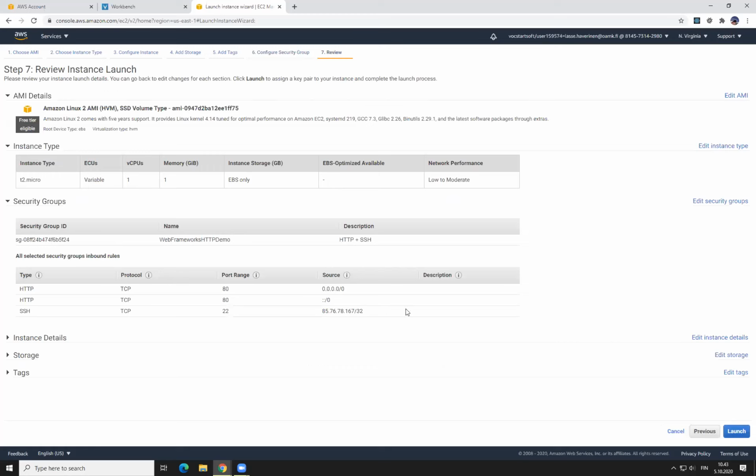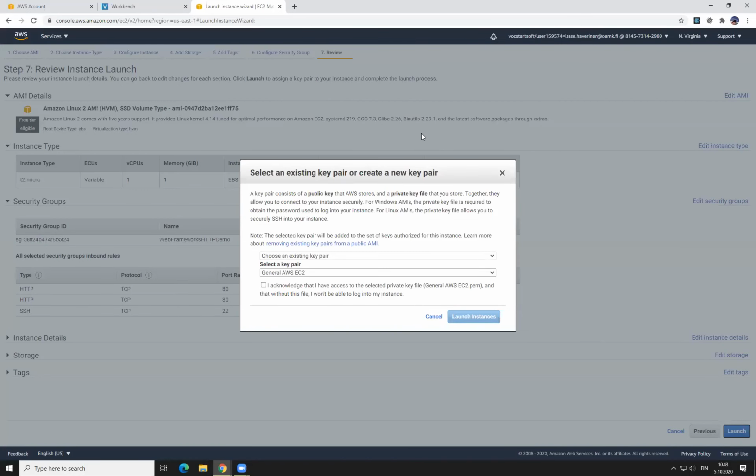Okay, review and launch. Here we can review it, and if we are happy, click launch. Now it's going to ask how do we want to connect to it. The SSH connection to the EC2 instances is done with a so-called public and private key SSH connection. So to connect with SSH to the EC2, you will need to have the private key file